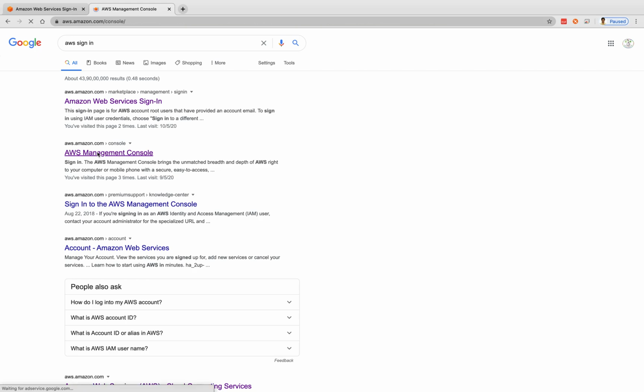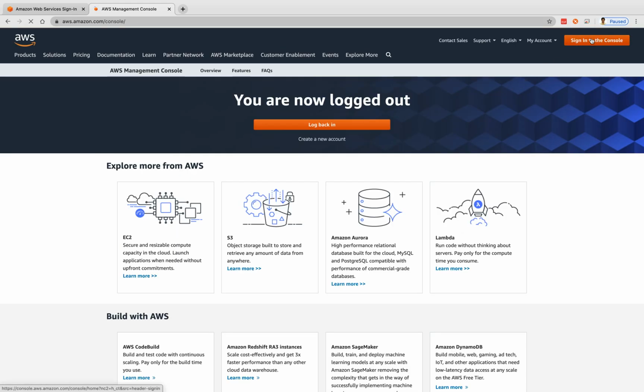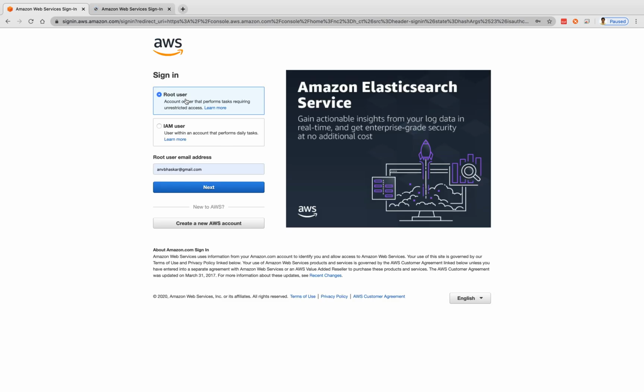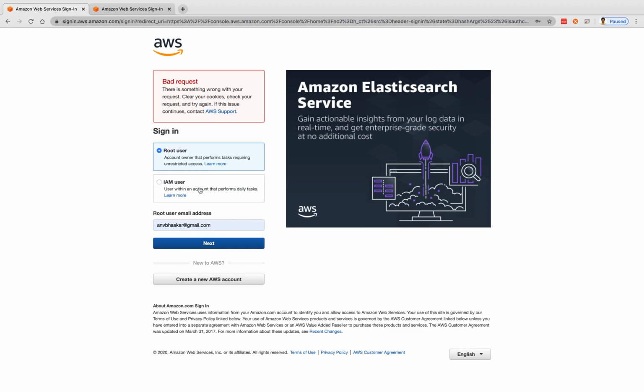See, AWS Management Console. Okay, this is the root user. I still haven't created any sub user. When you create a sub user, then you need to log in with the IAM user. Let me refresh my account.